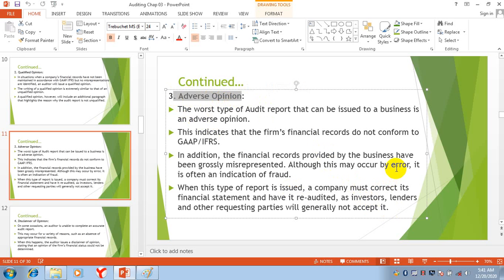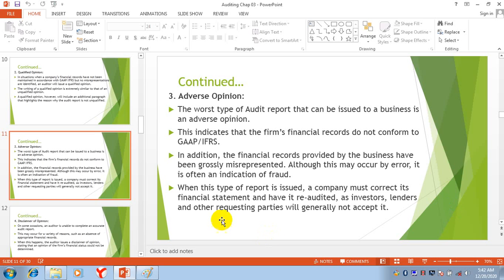Neither the investors will accept this report, they will not invest money, they will withdraw their money. Lenders will not give you loans, and any other requesting party who is interested in the financial statements of the company will not accept the adverse opinion. So the company must correct these mistakes, these frauds.